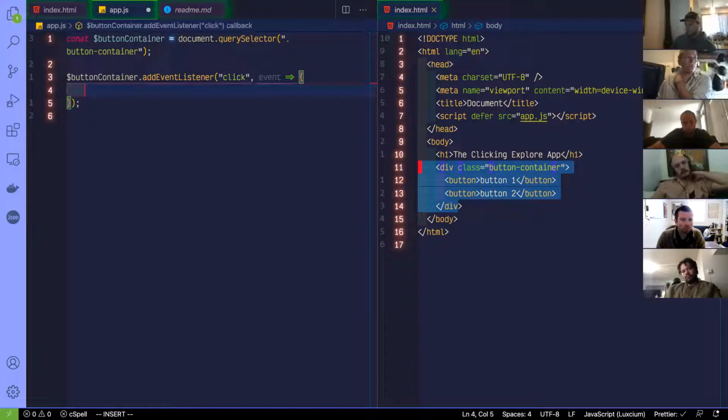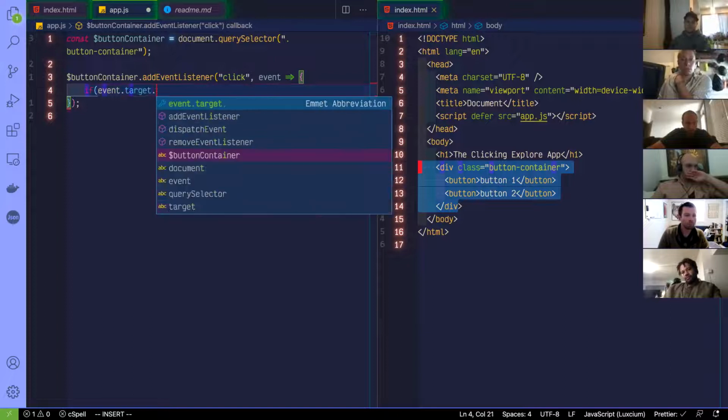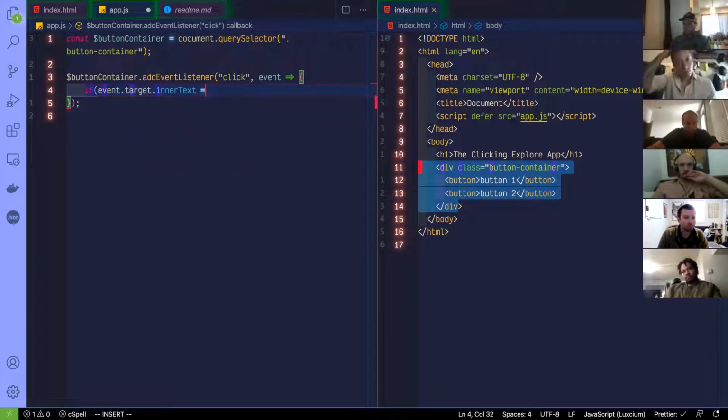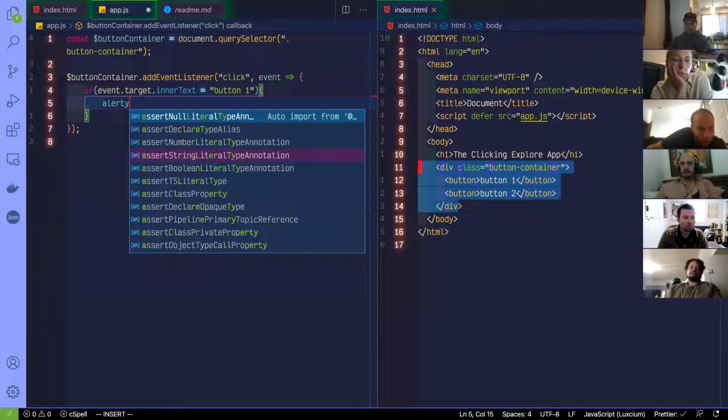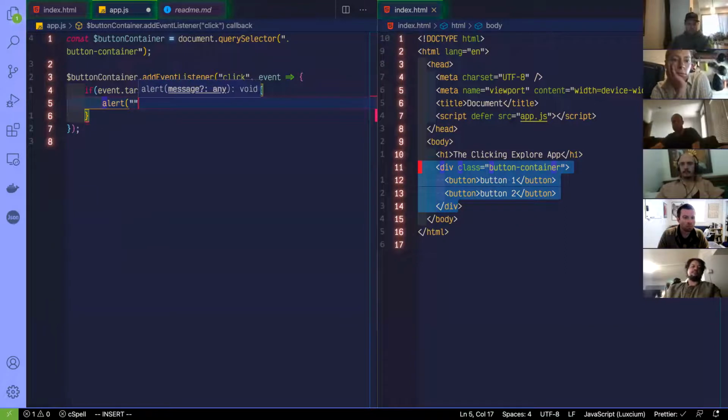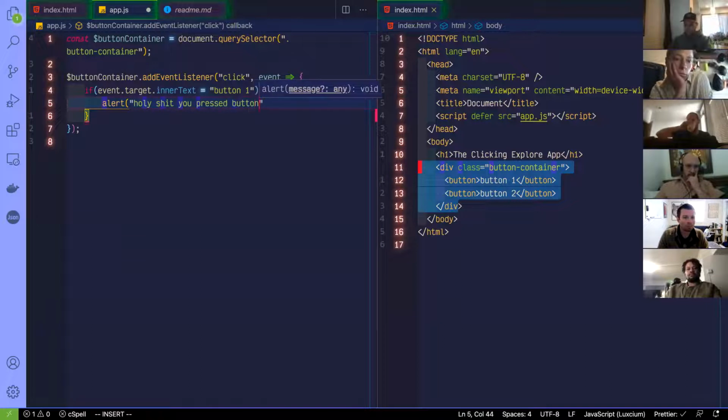Since I know that that event target is that button, I can say, if event.target.innerText equals button 1, we'll say alert, holy shit, you pressed button 1, else